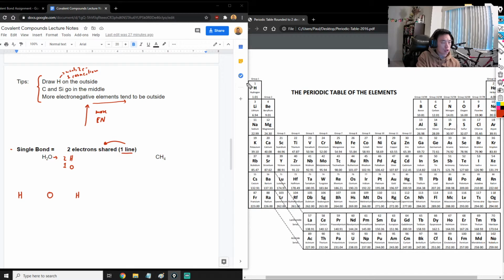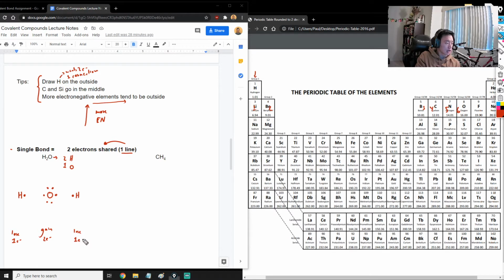So for H, H is the first box in the first row, so both H's are just going to have one valence electron. And then oxygen right here is going to have 6 because it's a 6 box. 1, 2, 3, 4, 5, 6. And so we're going to draw 6 valence electrons next to oxygen. And so oxygen, we know, wants to gain 2. Okay, we learned earlier that hydrogen wants to lose 1,